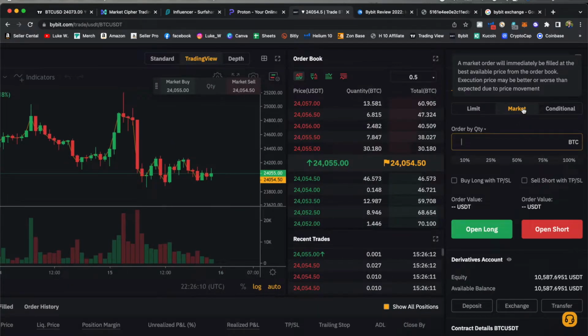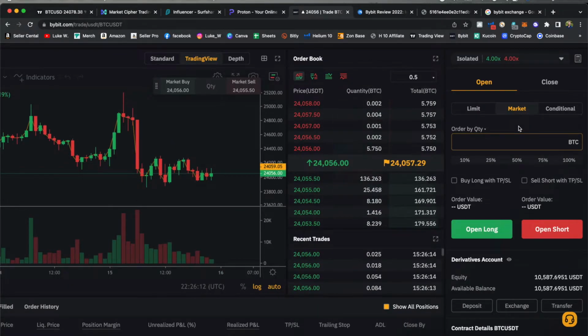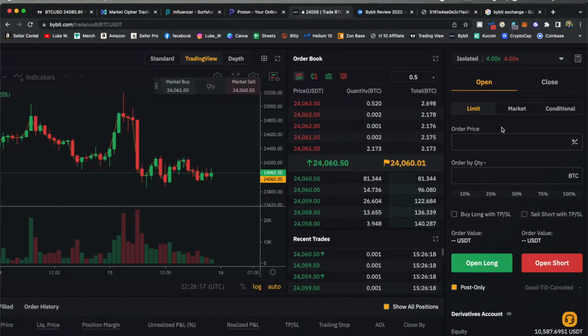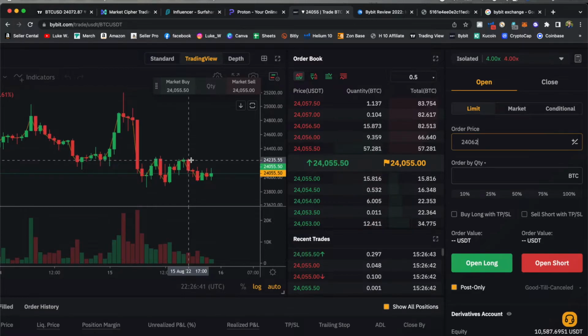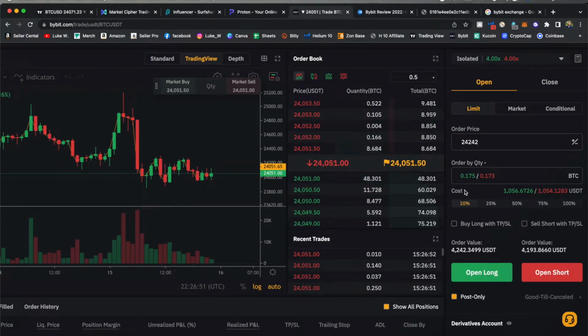And instead of doing a market order, which is gonna place your order immediately, but have a little bit more fees with it, I like to come in and do a limit order. So the fees are gonna be a lot less with that, and you can set a specific price for Bitcoin to hit before the order is actually triggered. So let's say I wanna play a short trade. Well, right now, Bitcoin's at $24,060. Maybe we're gonna wait till it comes up to this resistance line, which we saw at 24,242. So I could come in, say 24,242 for instance, and I could just press this button here to toggle 10%